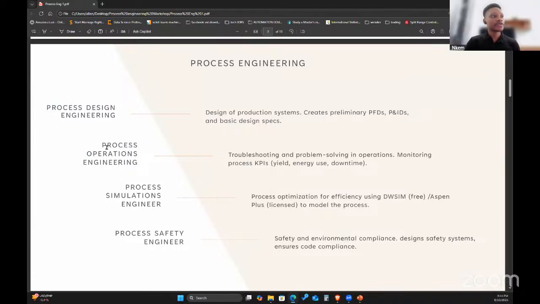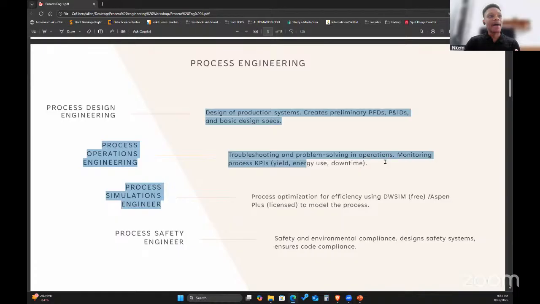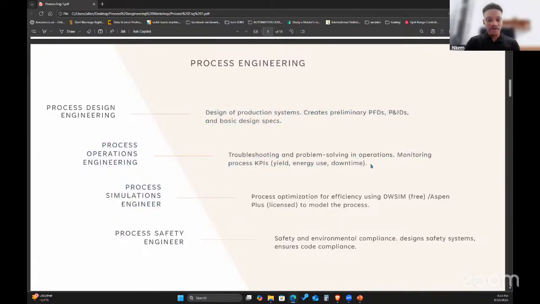Now, coming to the process operations engineer. This is where you have to apply operational skills in the industry. You have to have knowledge of the equipment and how the equipment works. You have to anticipate failure of the equipment and how to fix it, and also how to improve the operation of the equipment